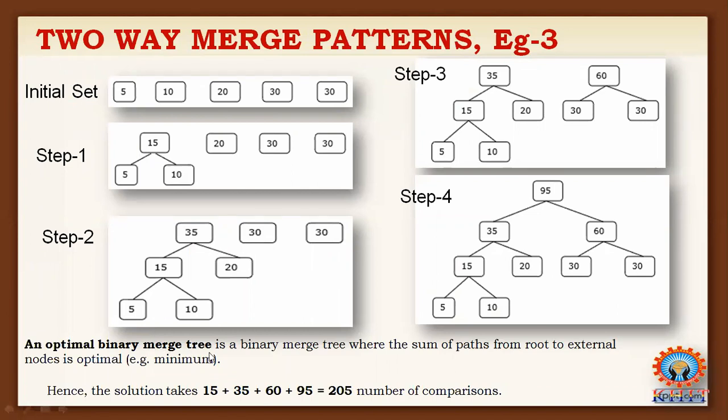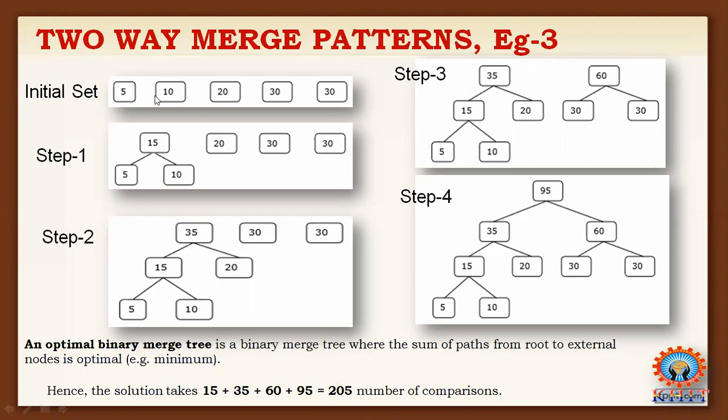the optimal binary merge tree. If you apply the optimal binary merge tree concept to the given problem, you will get a better solution. That means the minimum number of comparisons is 205. Friends, simply observe that without greedy, 270 comparisons are required. With greedy, 210 comparisons are required. With greedy plus optimal binary merge tree, 205 comparisons are required. Compare these three values. Which one is the optimal one? The third process is the optimal one.